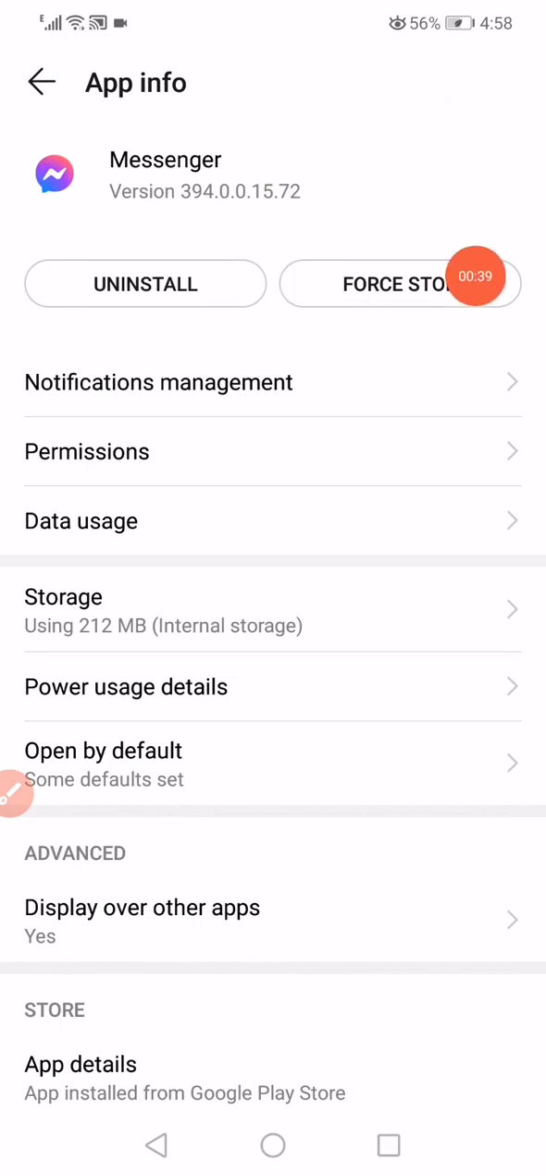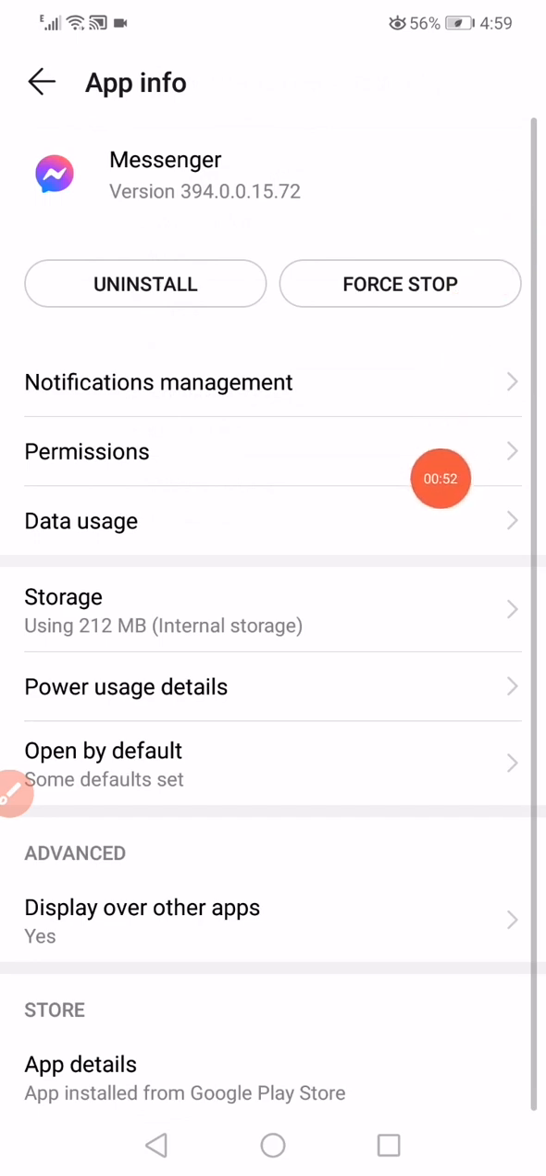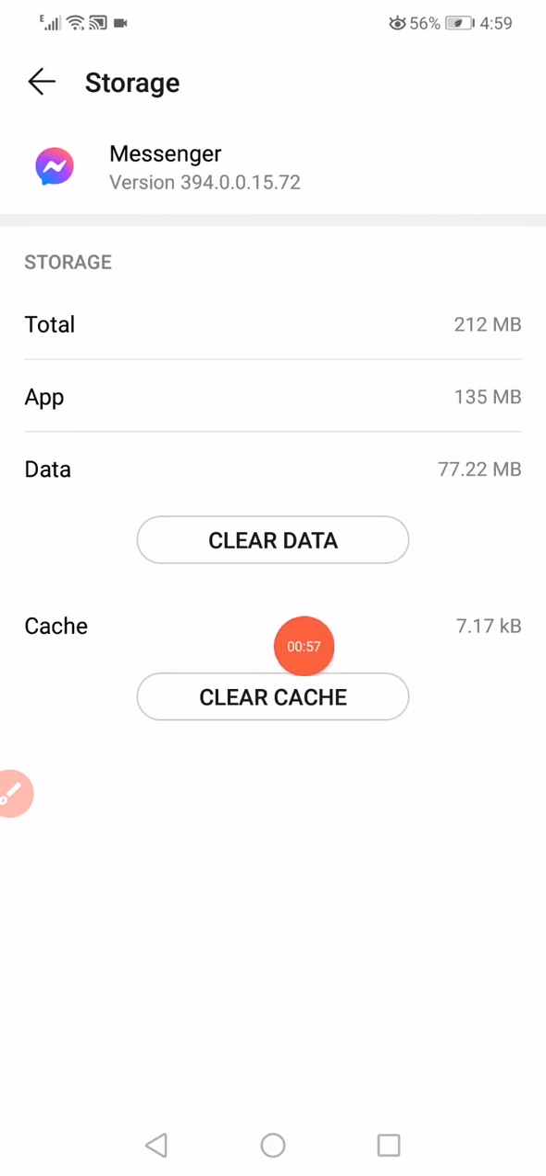Just click on this option to stop the app and then click on data usage. Disable the background data and the roaming data and enable only the Wi-Fi and the mobile data like this. Go back and click on the storage option. Click on clear cache